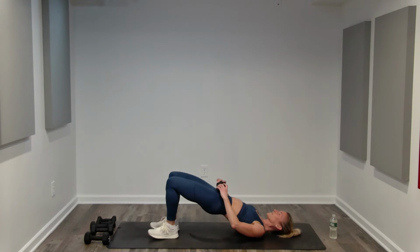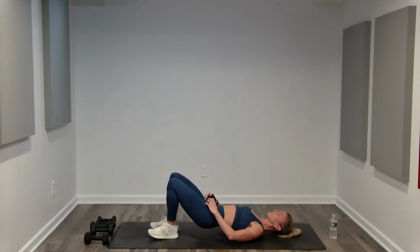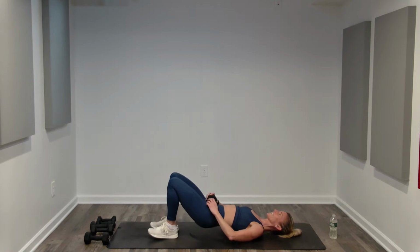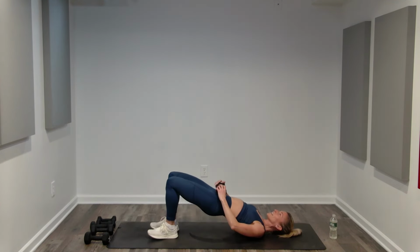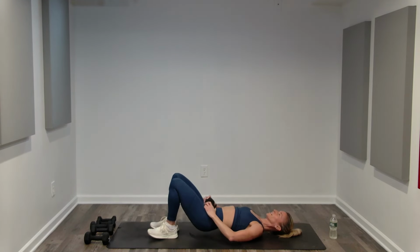Singles. 2 sets of 8 at the most. All strength, speed doesn't matter. It's that isolation. Hover at the bottom so you don't let your butt hit the floor. You're not resting and not bouncing. 8, 7, 6, 5, 4, 3, 2,